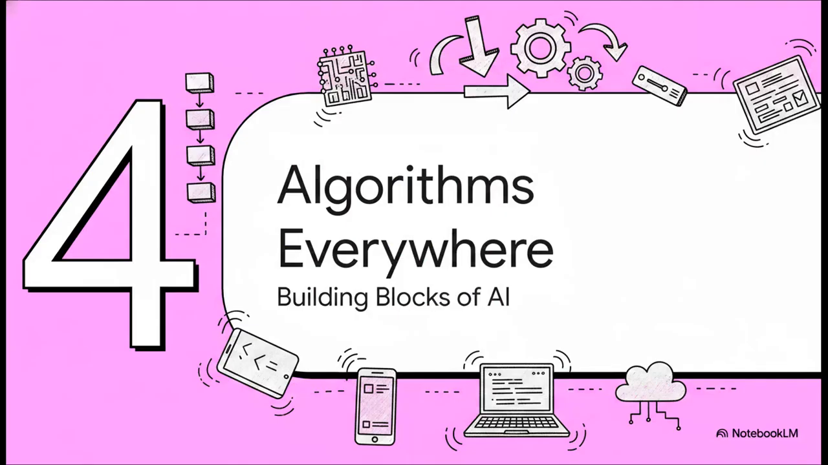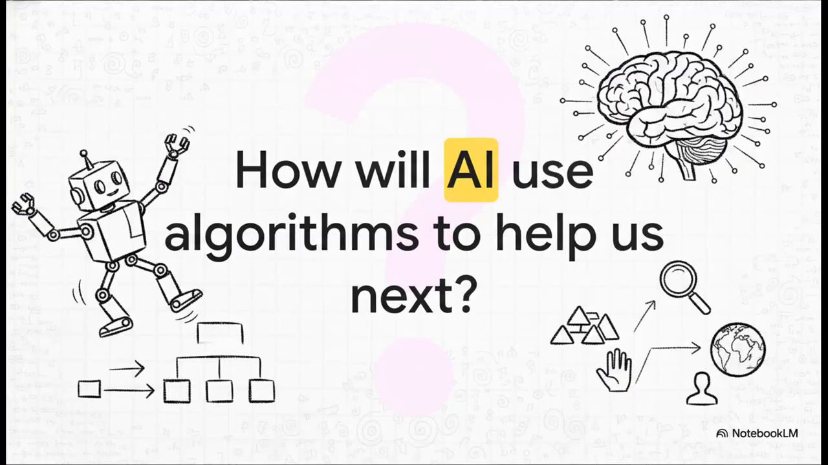Section 4. Algorithms are everywhere. Building blocks of AI. So the crucial point is that these simple steps we've been talking about, these digital recipes, are the absolute foundation for literally all the technology in our world. Every app, every program, every digital tool relies on these structured sequences. Which leaves us with a pretty provocative thought. If simple algorithms make a robot dance, how will artificial intelligence use them to sort, find things, and help us next? We've seen how just a few lines of instruction can make a game character jump or a robot clap,